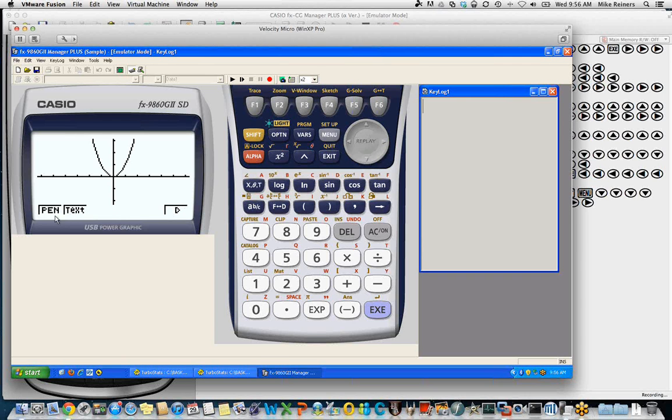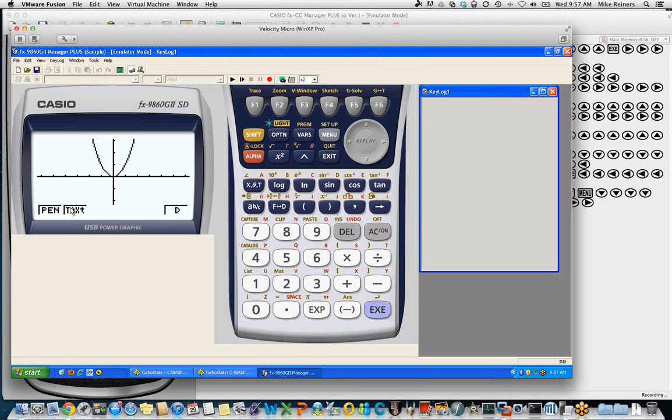Exactly the same options. So this is yet another example of the fact that if I have students in my class that are using 2, 3, 4 different Casio graphing calculator models, I could have gone through the exact same lessons and investigations, whether they had the Prism, the 9860, any of the Casio models.